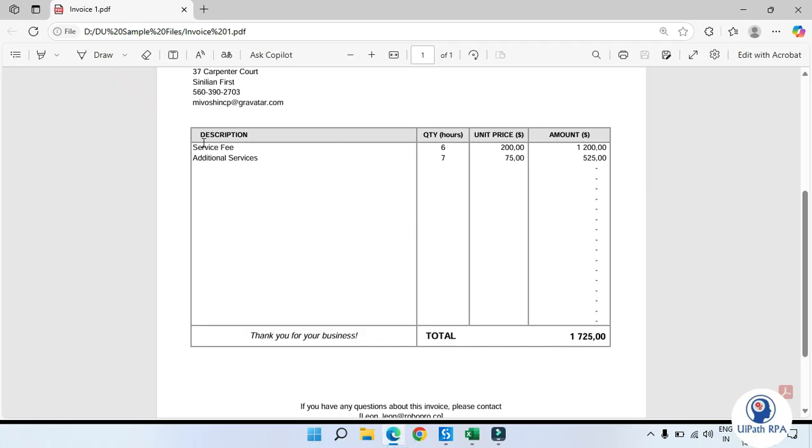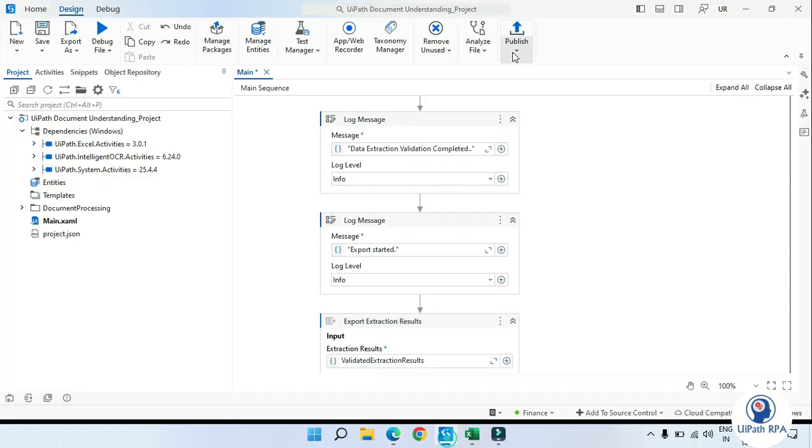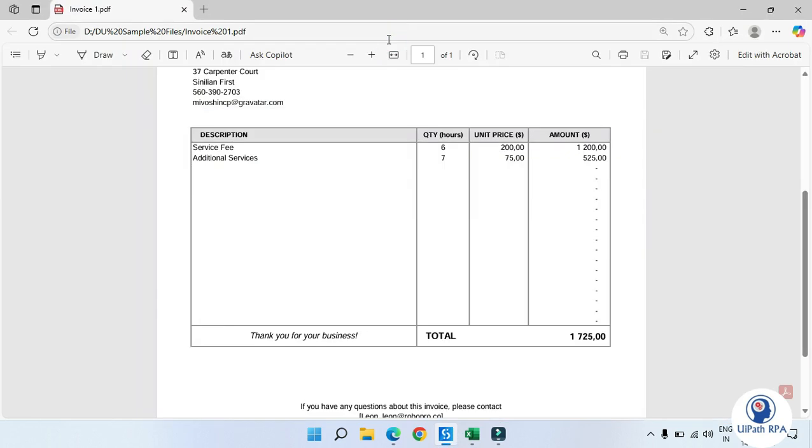Now, as we need to export this table data where we have 4 columns: description, quantity, unit price, and amount. Okay. If you want to export only 3, you can also do that. You just need to define it that way. You need to configure your extractor that way. Okay, let me go to the studio and then we need to click on taxonomy manager